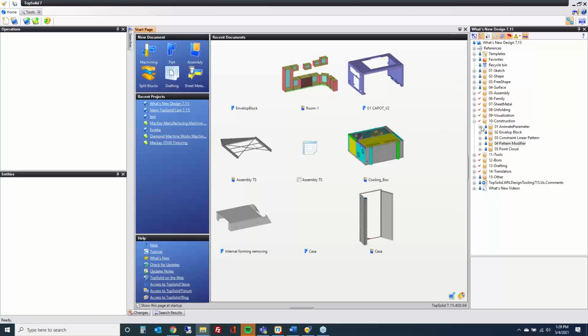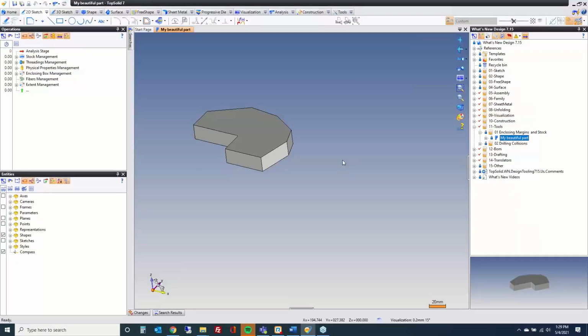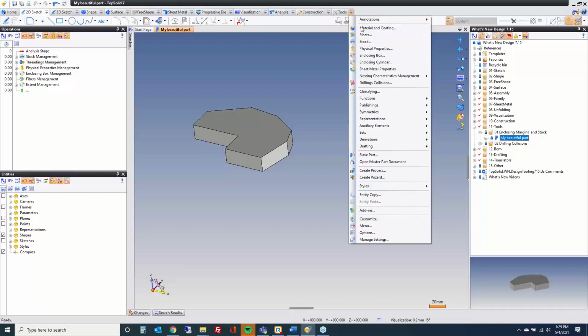Alrighty. So what's next on our list here? That was construction. All right, so now we're gonna go to the tools section. Let me get there real quick. Okay. So here's my beautiful part. So in the enclosing block command, margins and round sections have been added to the tools enclosing box and tools enclosing cylinder command dialog boxes. So if I go to enclosing box,